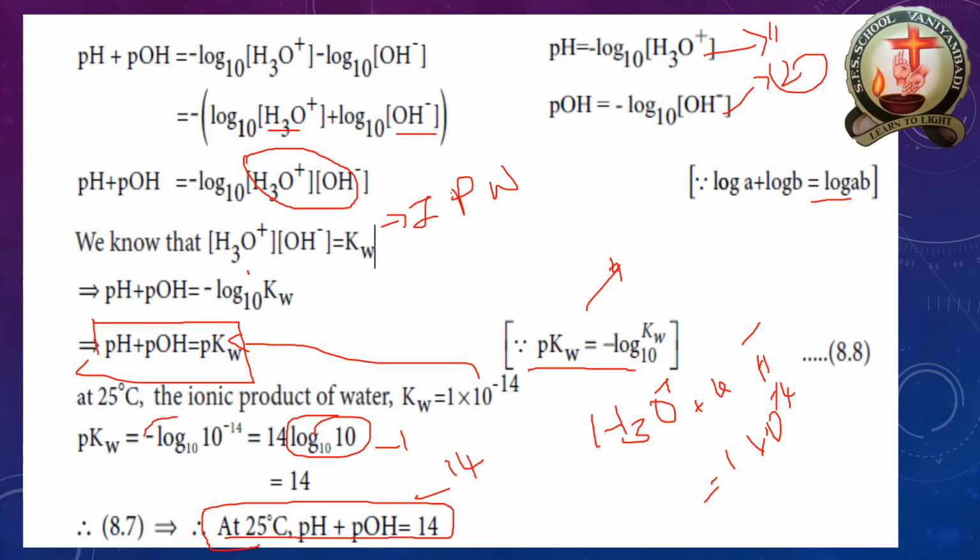So if we want to find the hydroxyl ion concentration, pOH is equal to 14 minus 7. You get 7, so it is neutral. Like that we can obtain all these things from the equation. This equation is very important for the ionization of water as well as pH calculation.